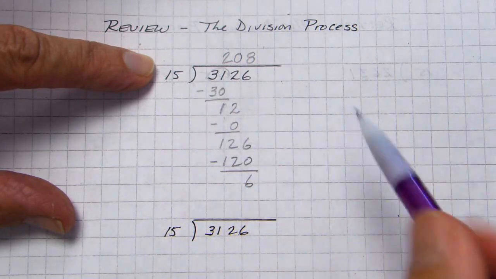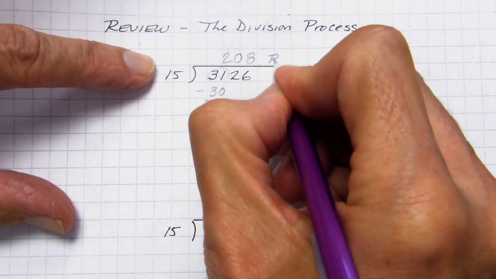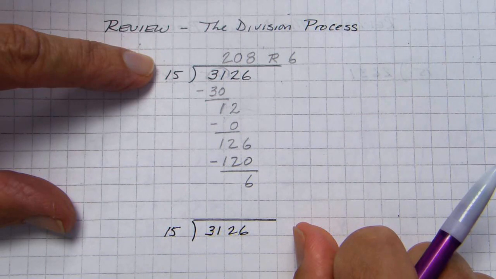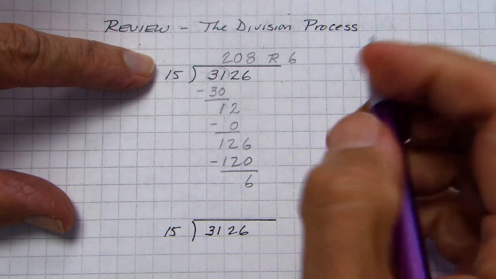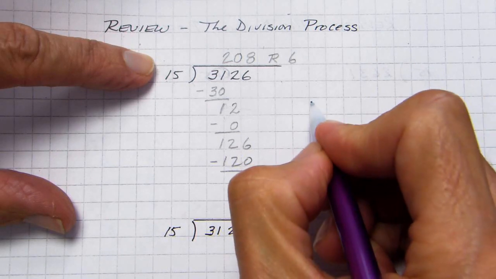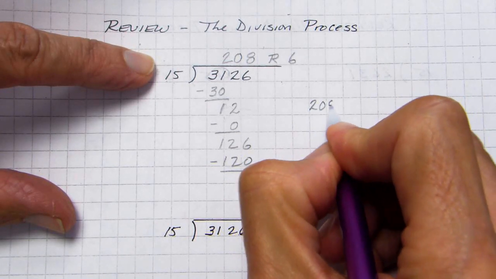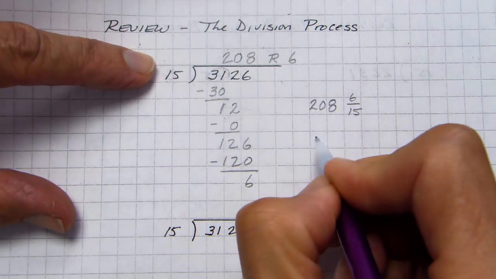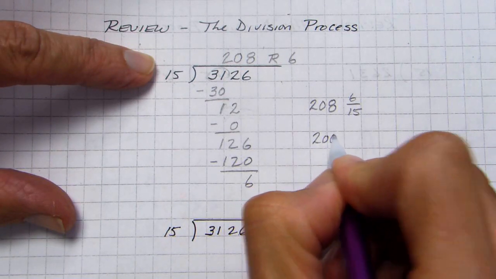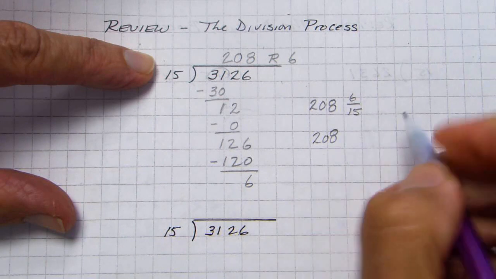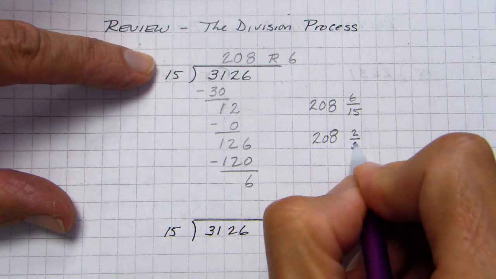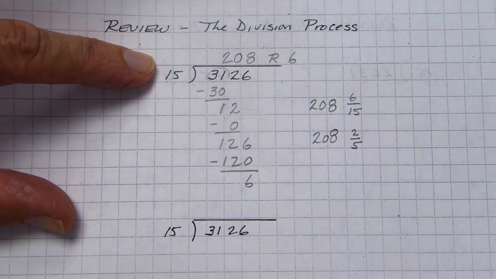What we would do is say, okay, well, sometimes we wrote this down as, the answer is 208 remainder 6. That's how you probably did it when you were first learning how to do division. And later on, you started to write it as a mixed number and say, well, the quotient is 208 and 6/15, which of course you could reduce to 208, and then let's see, divide a 3 out from each one, we're looking at 2/5. And like I say, you could also do this in decimals,